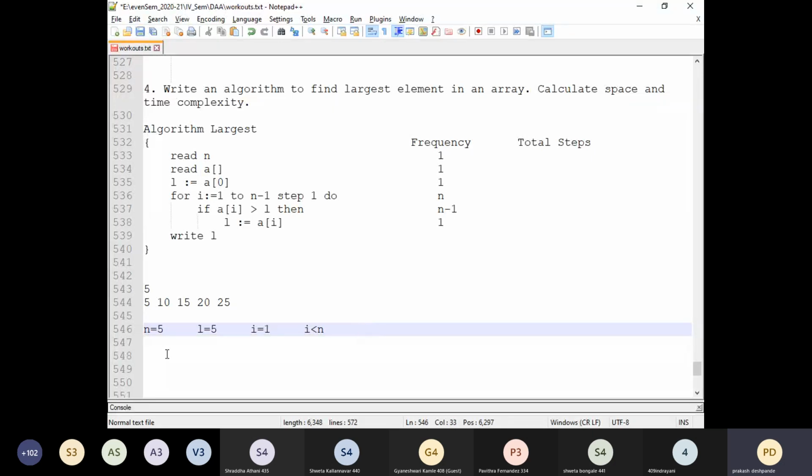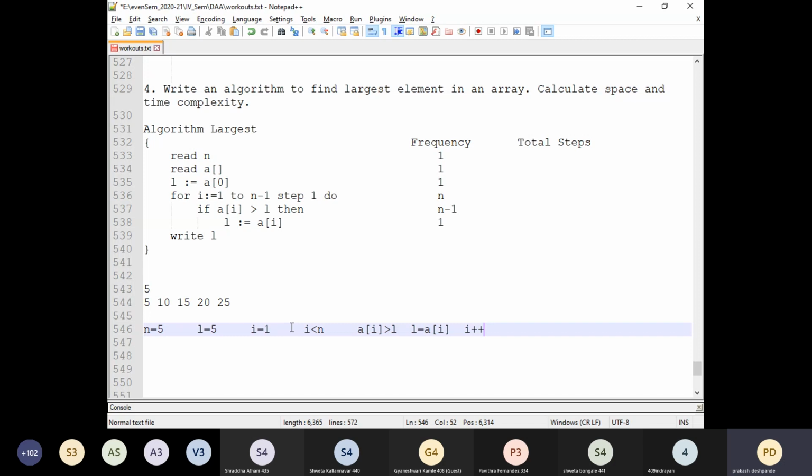Before this I plus plus, we have the if condition, that is a of I greater than L. If this is true, then L equals a of I will be executed. Otherwise, it will be skipped. Then we have I plus plus.